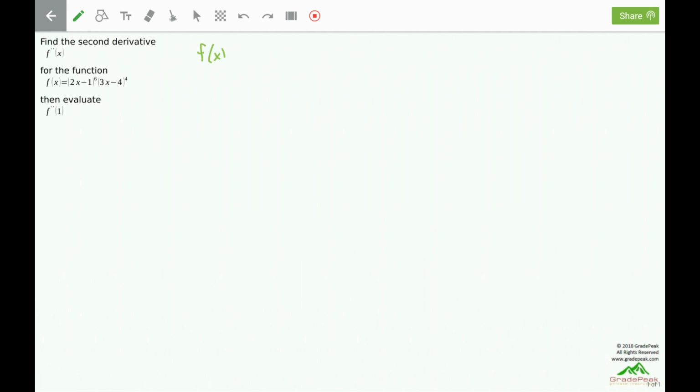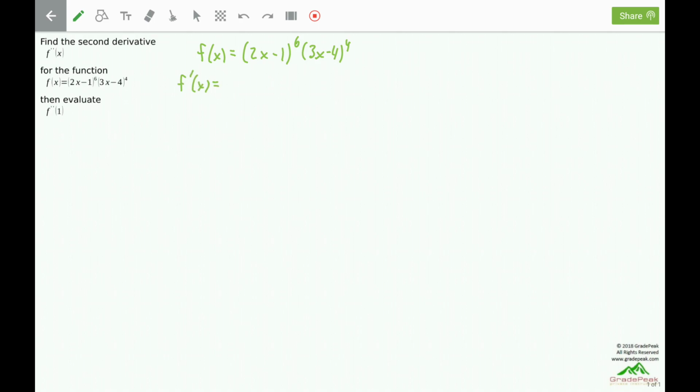So f of x here is the product of two functions. We have the (2x minus 1) to the 6th and the (3x minus 4) to the 4th. For the derivative, we will therefore make use of the product rule. To find the second derivative, we will start by finding the first derivative,